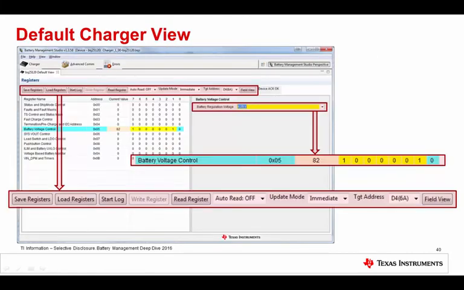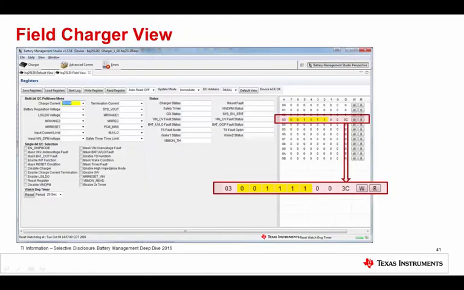There's also a button at the very far right here on the toolbar that says Field View. If you switch to Field View, it gives you a view that's kind of more in keeping with all of the available fields associated with those registers. So it's a more intuitive way of interacting with the contents. If you don't want to look up, okay, this register and this address has this particular value, this is a way to specify here charge current, input current limit, sysv out, and so on, with the allowable options checked, and then basically your configuration space is updated on the right to reflect all of your selections in the left panel. So again, just another way to get at communicating with the chargers and configuring it in the way that you like.